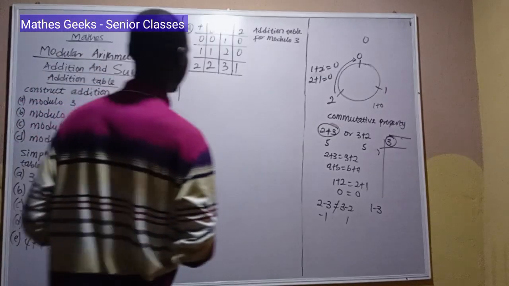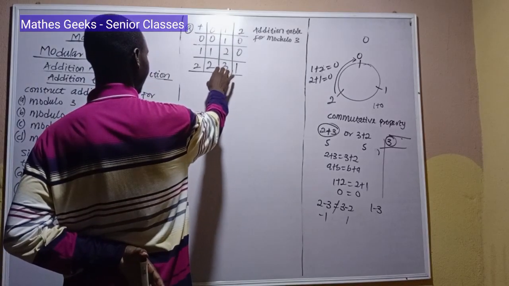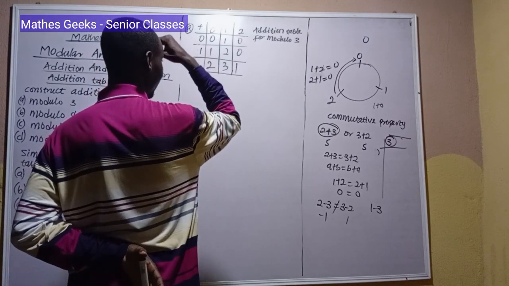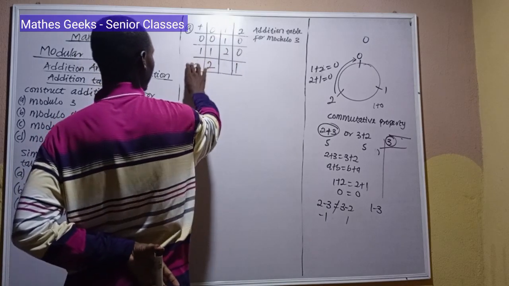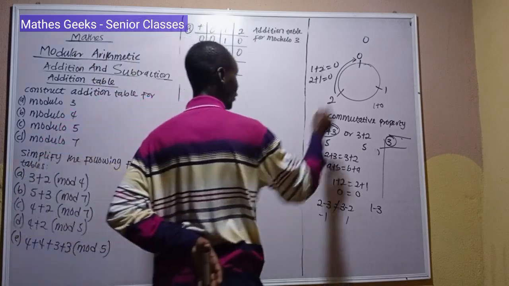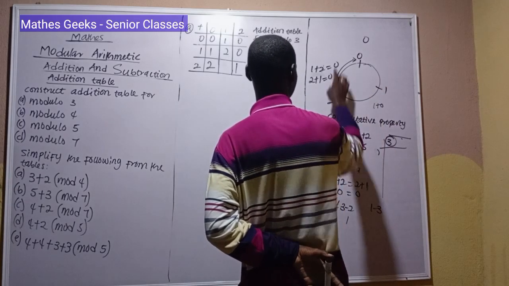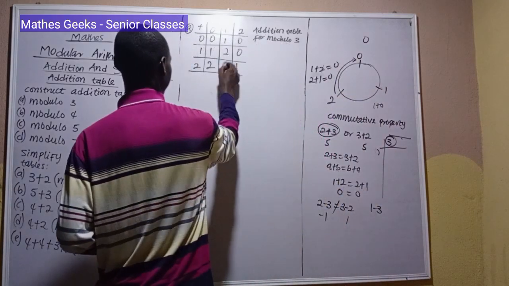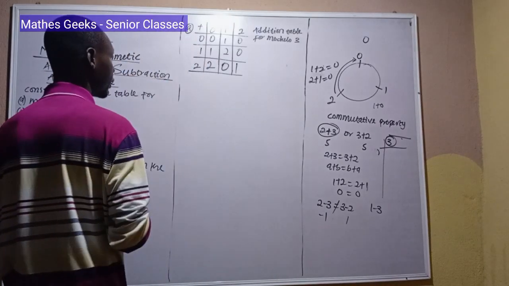Another way to go about it is this. Now, when you get to this point, I think this answer is not supposed to be 1, because in modulo 3, the highest number is supposed to be 2. So let me work on this again. 1 plus 2 in modulo 3: when you start at 1, move 2 steps, 1, 2, to 0. Good. So if you want to use the number circle, what you do is